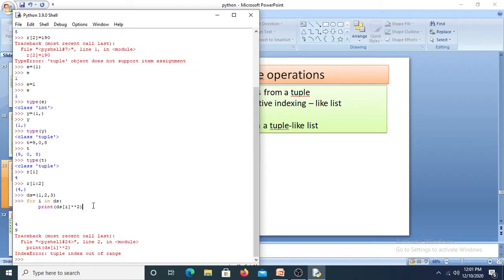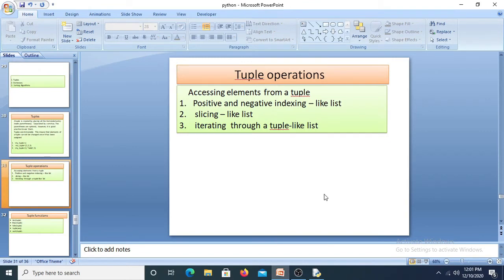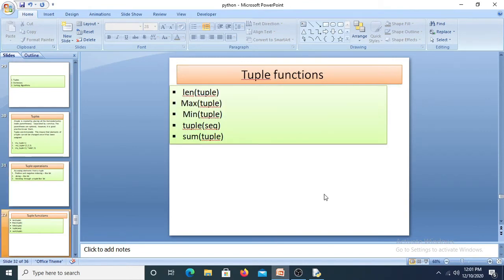Okay, the next is tuple functions. These are some functions we can use on tuples. For example, if you want to find the length of a tuple, you can use len. The tuple is nothing but the variable name you have used. You can also find the maximum value and the minimum value, and sorted sequences. If it is unordered, you can make it a sequence.